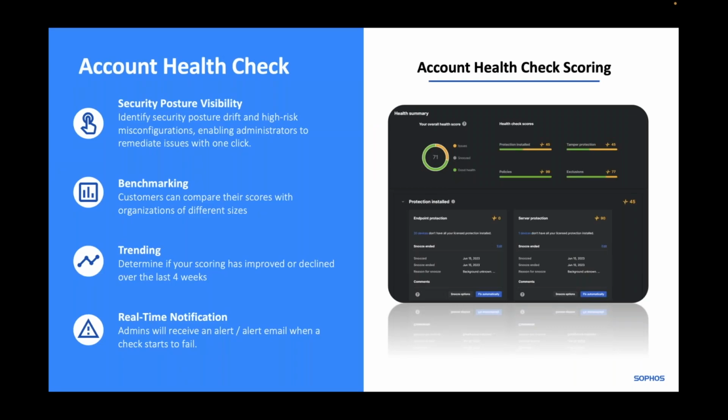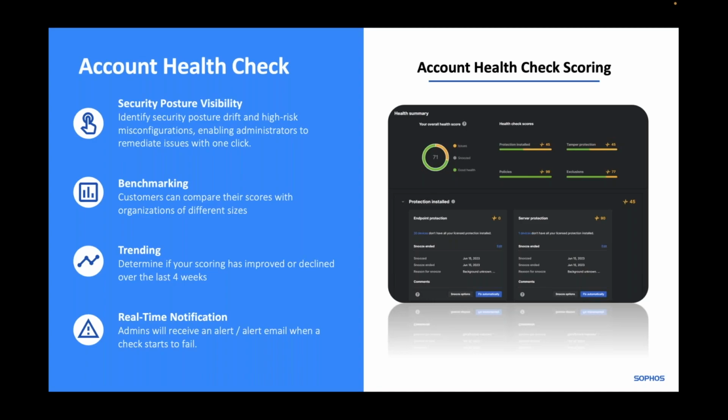We've also got the account health check as well, which again, if you've not logged into Sophos Central for a little while, this is a relatively new feature that we've incorporated, which actually looks at your policies within Sophos Central and highlights where maybe you've created some rules or exceptions that are contrary to best policy.